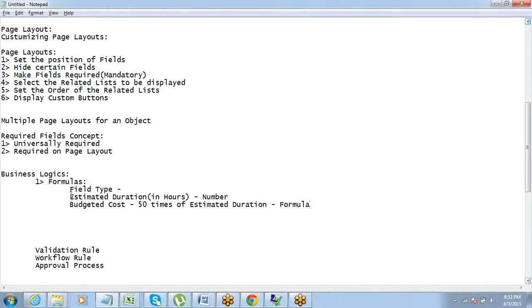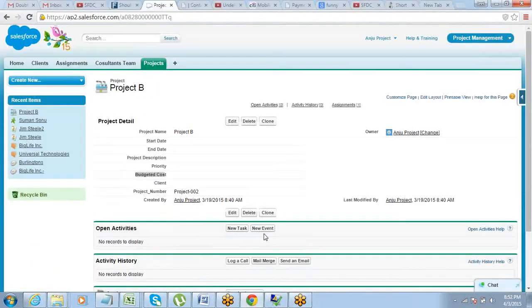So we have got the logic, what we are actually going to do. Based on the estimated duration, the budgeted cost will be calculated automatically. So this can be $50, this can be $60, this can be $70, whatever. So I'll go and create one more field here, which will be estimated duration.